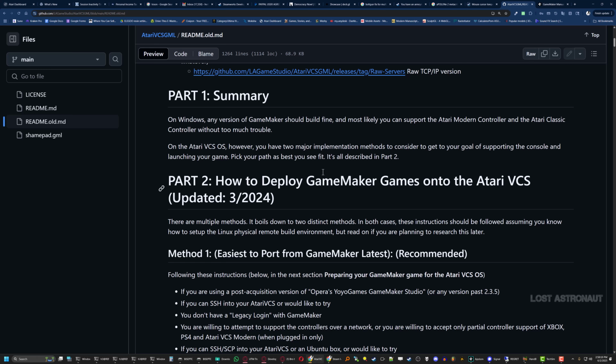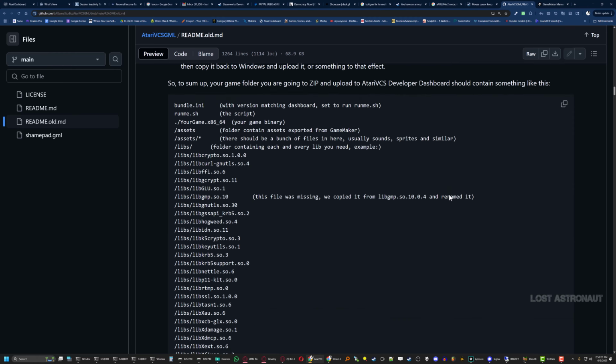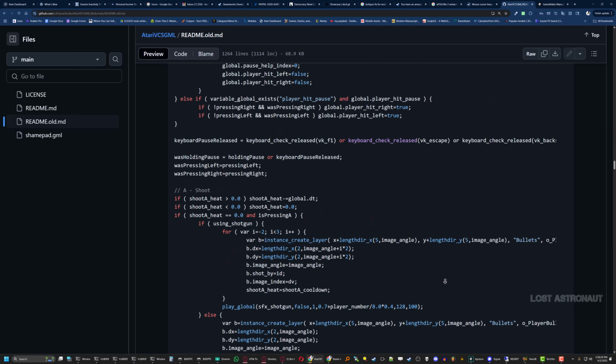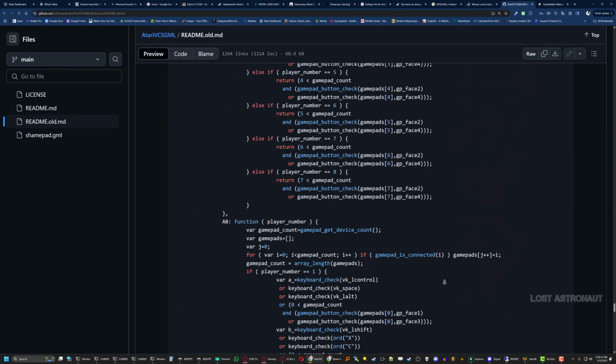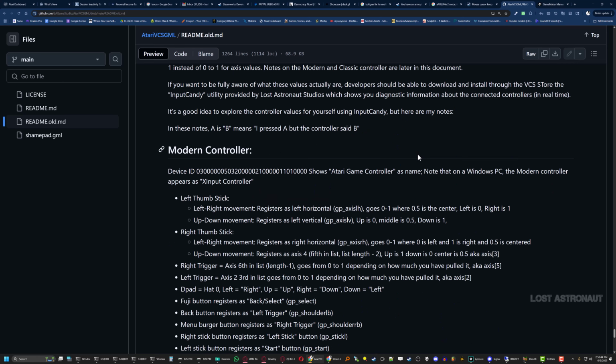So the first thing you do is, in this file, which is the older version, and you don't need to follow it. We've tried to make it a little more concise since then, but way, way down here at the bottom, all the way at the bottom, perhaps before this code though. Nope. Okay. Right. So there's a section called Part 4, Controller Notes. And this describes